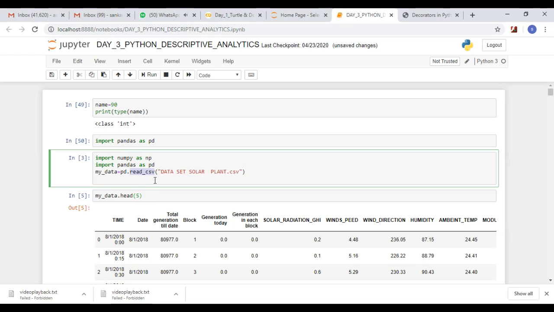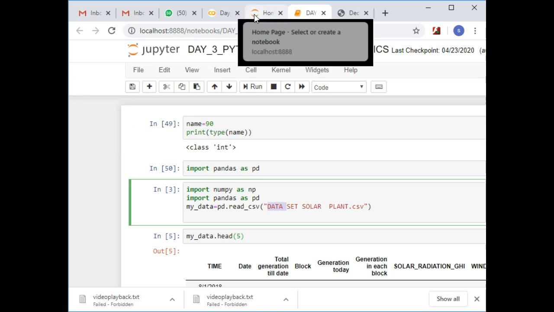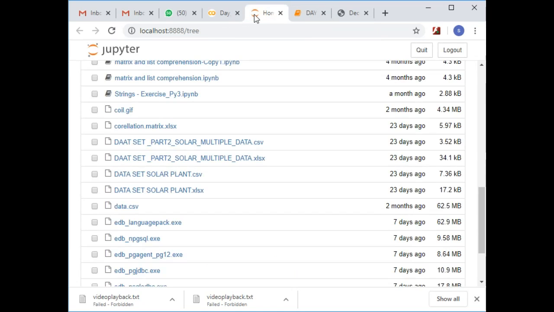Today we are going to use a CSV file, so we are using read underscore CSV. If we are using Excel, you will use read underscore XLSX. The data set I have stored locally, so it's not a problem for me. I am directly giving the location.